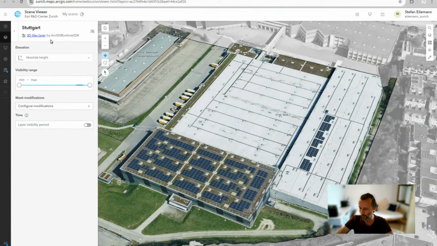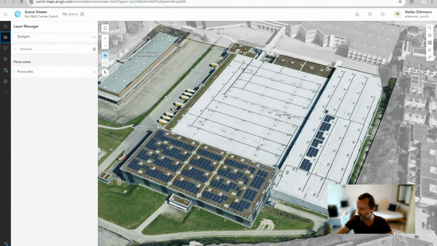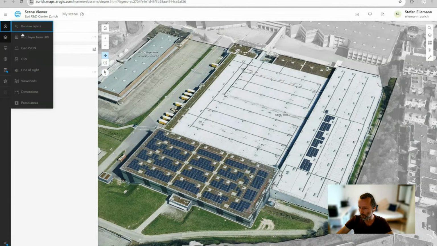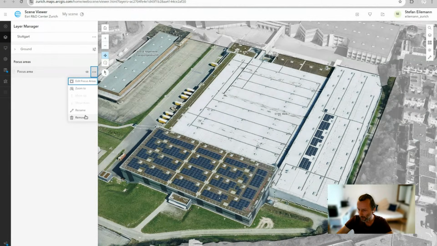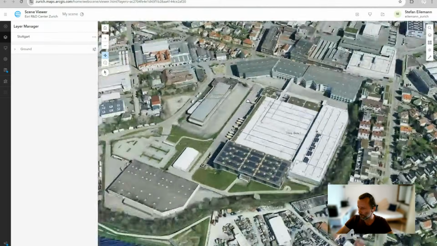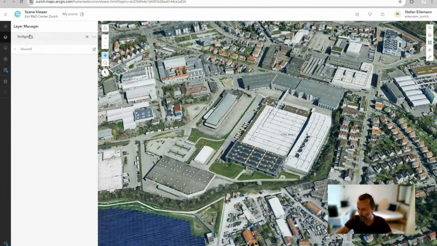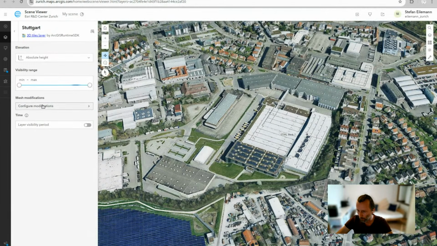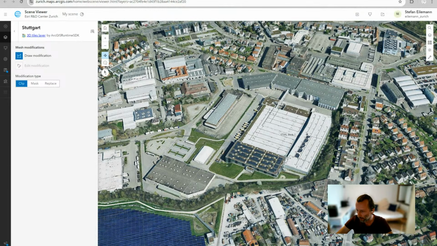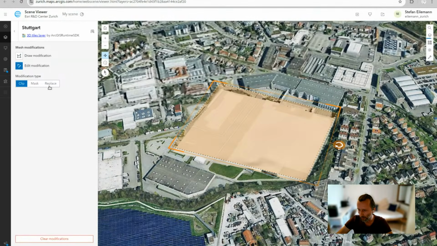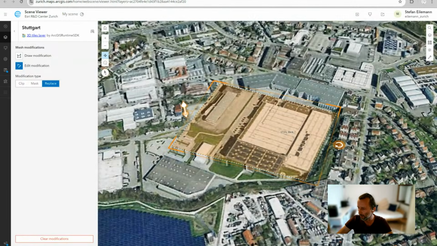So here I have a 3D tiles layer, and we added in this release support for, let me first delete the focus area here, support for modifications. So I can go into the layer, configure a modification, and then draw it here. And let's say we want to just flatten out this area to put a new building on top because we're redeveloping it. I use the replace operation, and that will